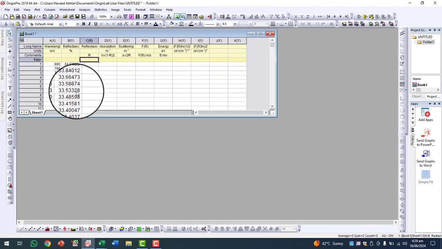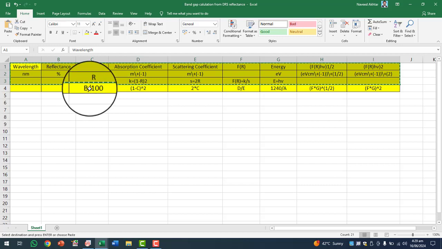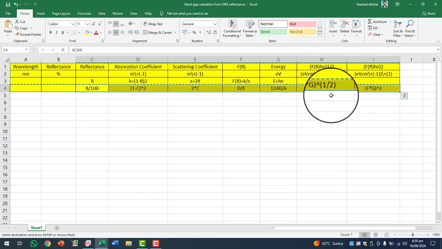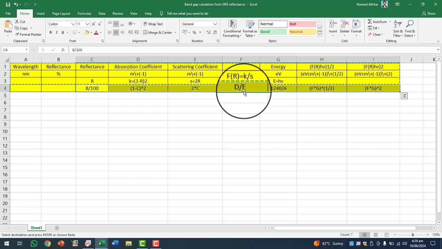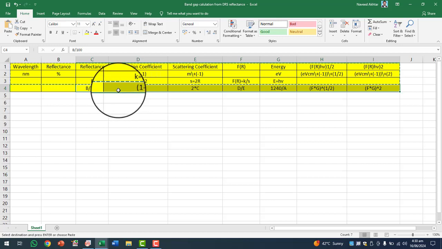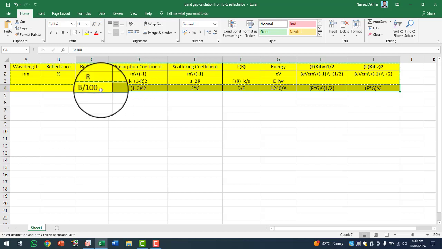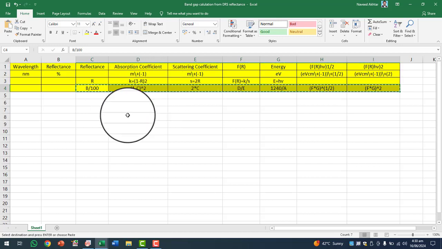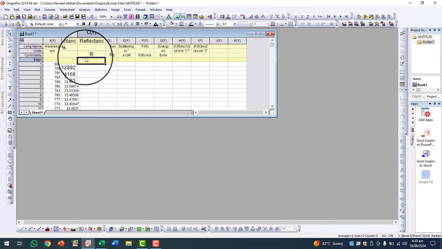Now I will also copy the formulas which I have written here. If you want to calculate the band gap energy of your material from the UV-Vis DRS reflectance data, you will have to follow the instructions, the way I have followed here. I will copy the formulas from here and put them here.